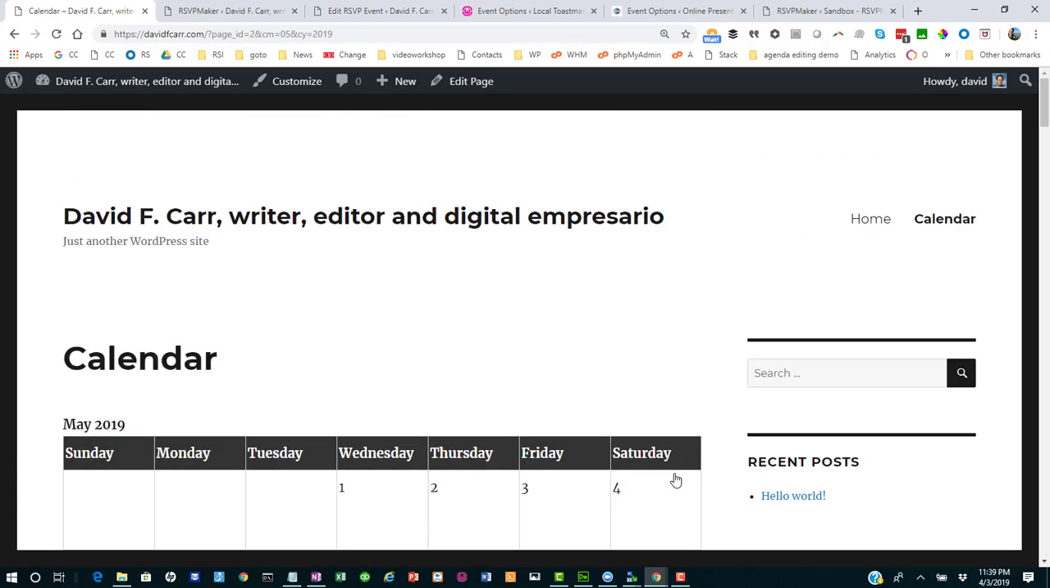So that's a little bit about how the events, the templates, the sign-up forms, the confirmation messages, they're all supposed to work together. You can set defaults along the way, but you can make customizations for each individual event so that it